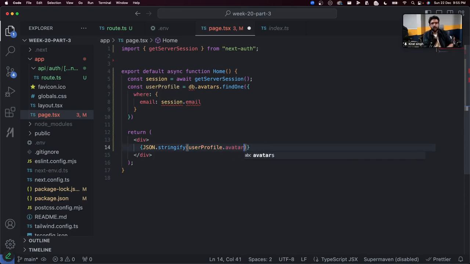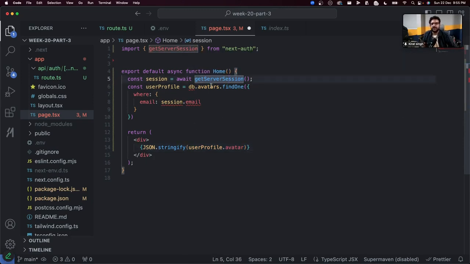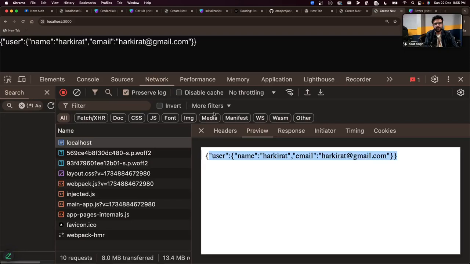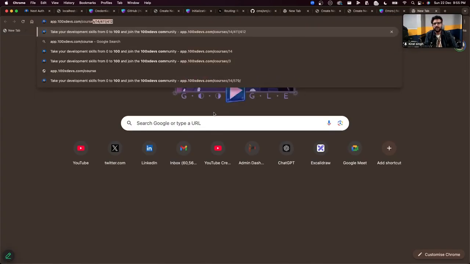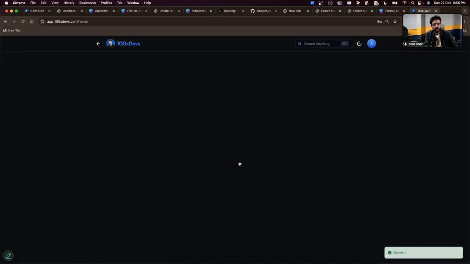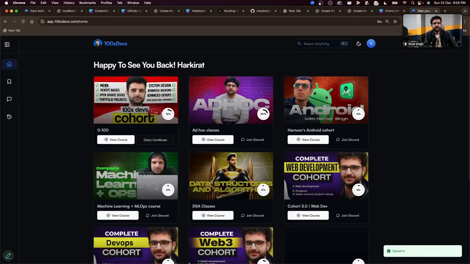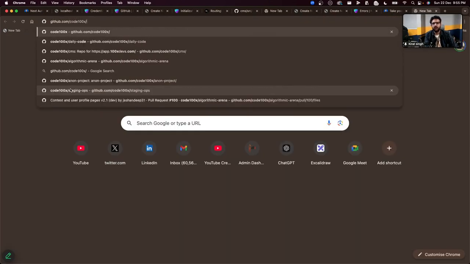So now we have real server-side rendering when we are using get server session. This function is what you will use most of the times in Next.js when you're getting some information for this user. For example, when you go to app.100steps.com/courses, or the home page also, you see all of these courses that you have access to. Where is this? On the /home endpoint. So if you go to